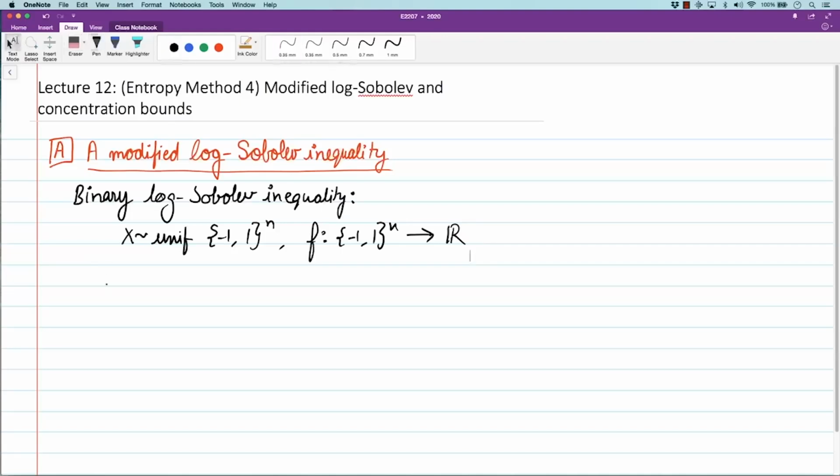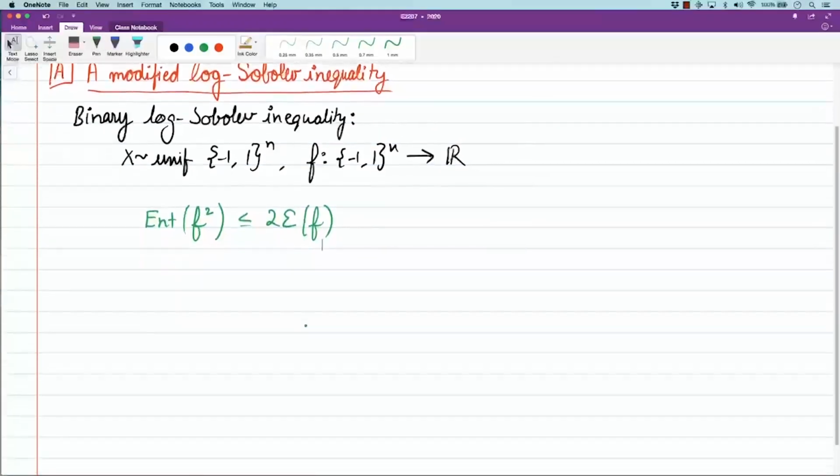What we showed was that the entropy of f squared is less than or equal to 2 times E of f, which is what we call the Efron-Stein variance estimate for f. Okay, this was the binary log-Sobolev inequality we saw, and this implies, we saw, that this gives the Gaussian